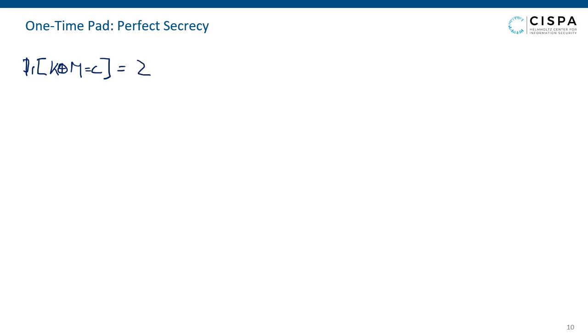Writing this out, we make a summation over all messages m and take the probability of k XOR m equals c conditioned on M equals m. Let's call this m prime because we had already a variable called m, times the probability M equals m prime. So